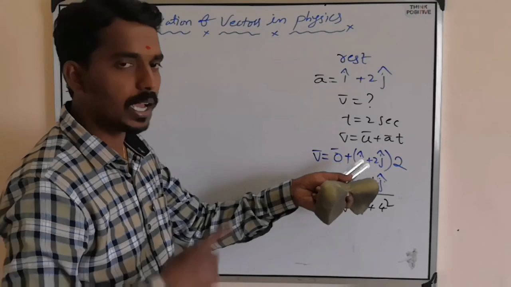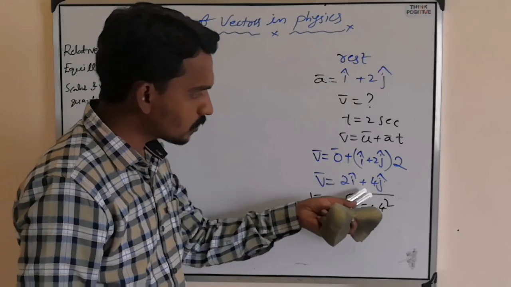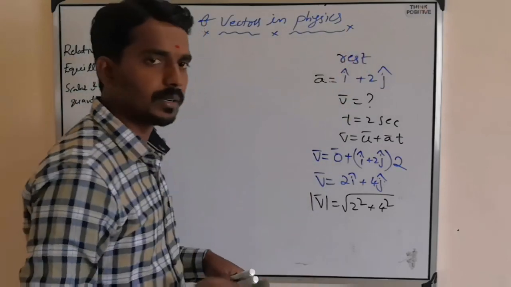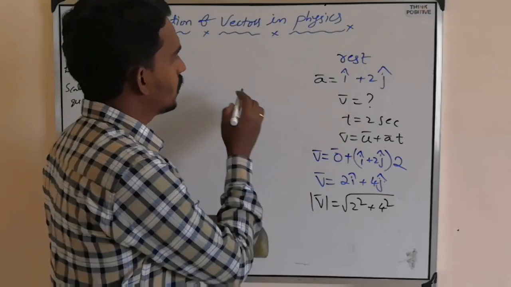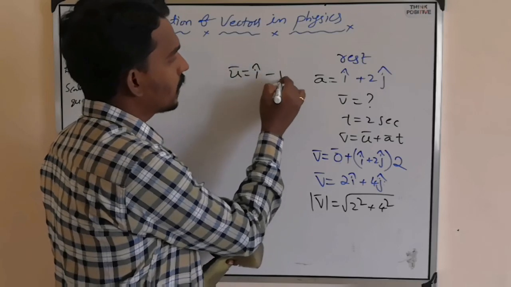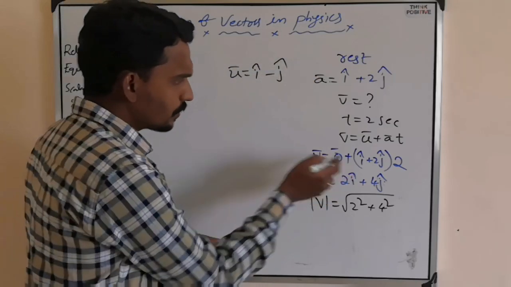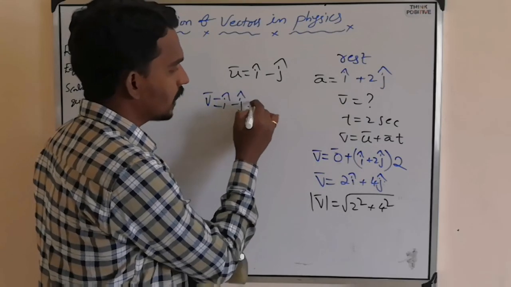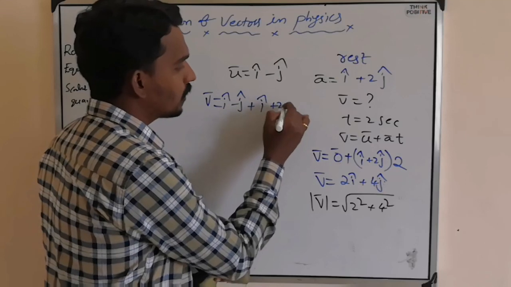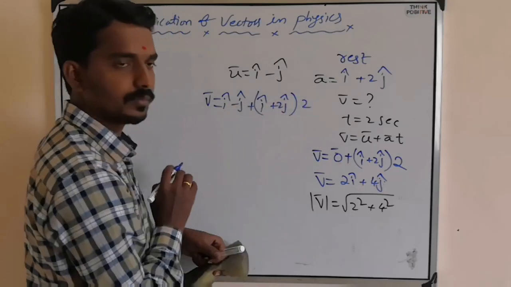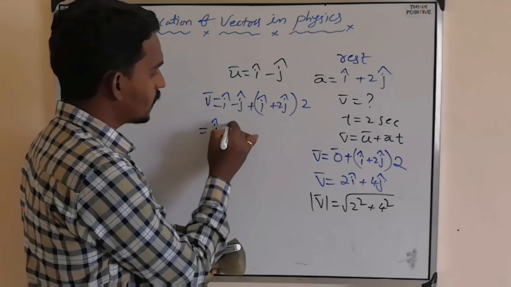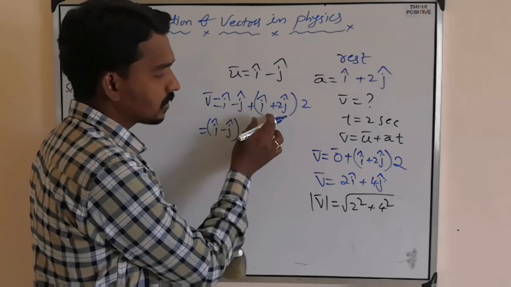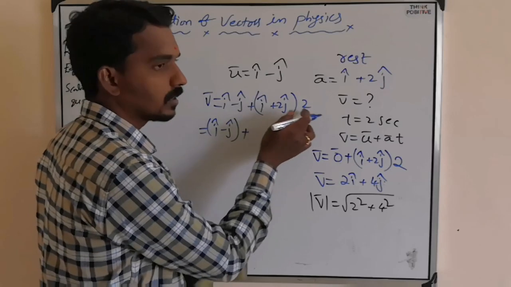Here A bar is a two-dimensional vector. So V bar is also a two-dimensional vector. Suppose not starting from rest, initial velocity is also there. Suppose initial velocity is I cap minus J cap. Then substitute: V bar equal to U bar, I cap minus J cap, plus I cap plus 2J cap into 2. Then I cap minus J cap is the initial velocity vector, plus this is multiplication of a vector with a scalar,